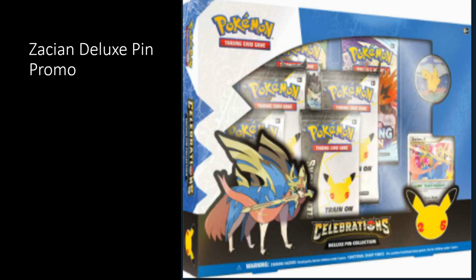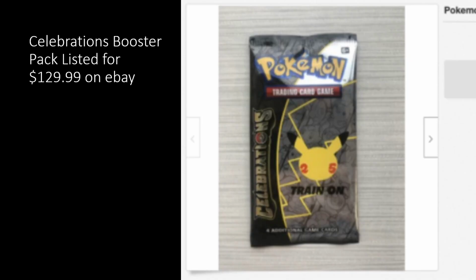Next up is the Zacian Deluxe Pin Promo. And as you can see, you get 4 celebration packs, 2 extra boosters, an enamel pin, and the Zacian Level X card. This was a Celebrations booster pack that was listed for $129.99 on eBay. I couldn't find it on eBay when I went back to look at it. So unfortunately this is all I do have, but that is what we can expect the packs to look like